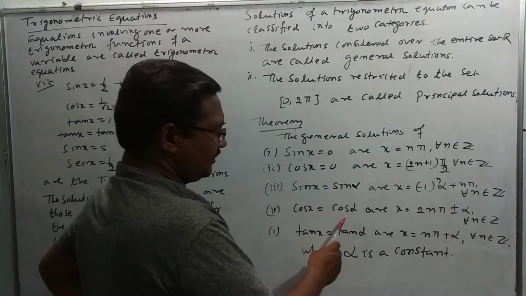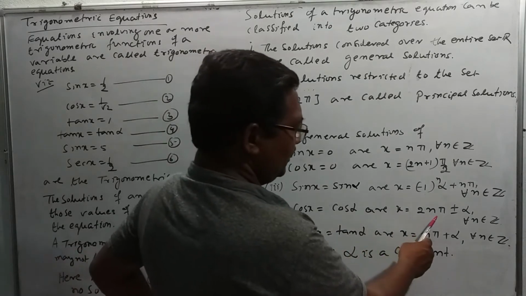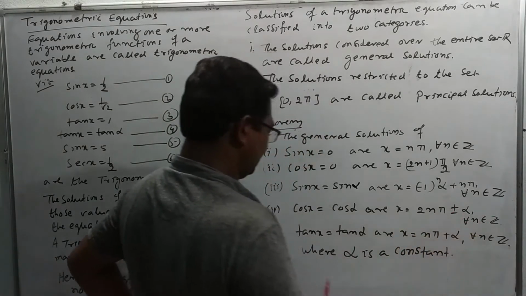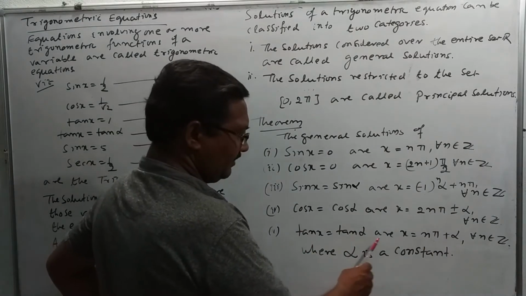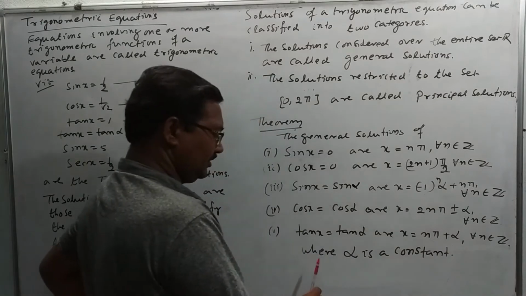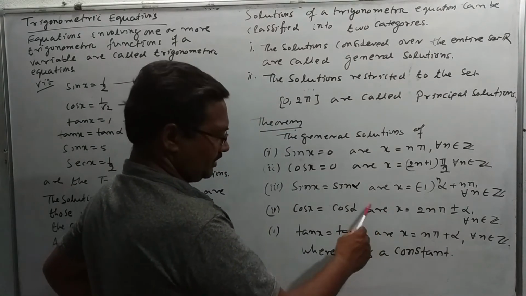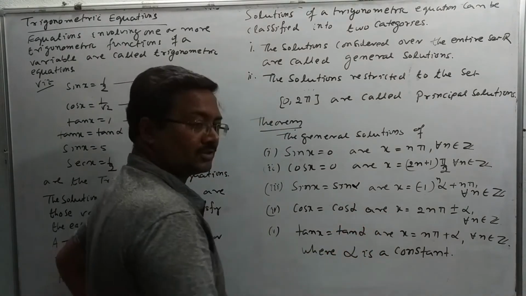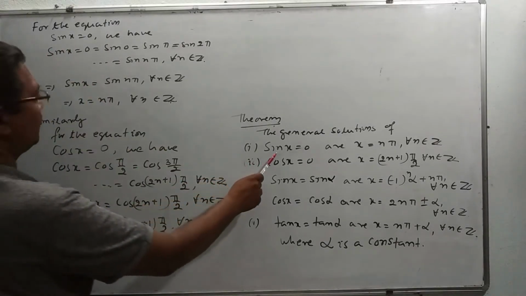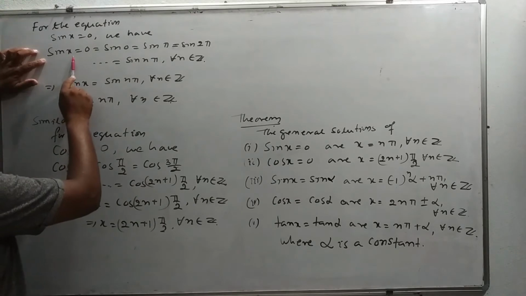Fourth, cos x equal to cos alpha are x equal to even multiple of pi plus or minus alpha for all n belongs to Z. Tan x equal to tan alpha are x equal to n pi plus alpha for all n belongs to Z, where alpha is a constant. For the equation sin x equal to 0, we have